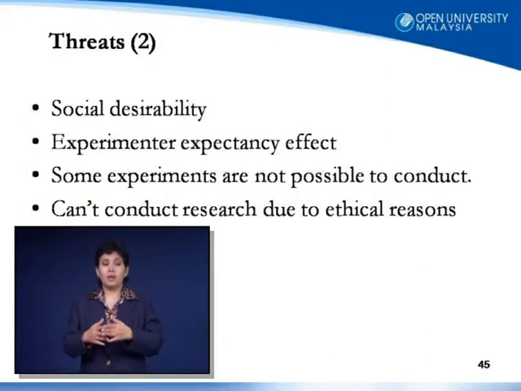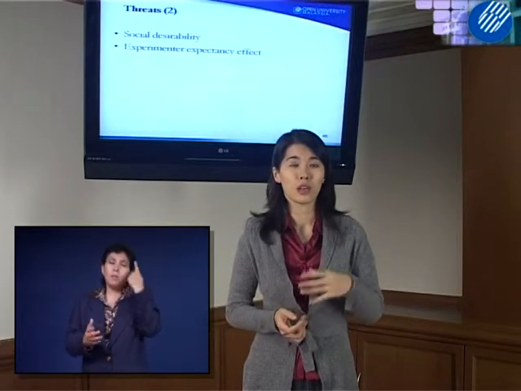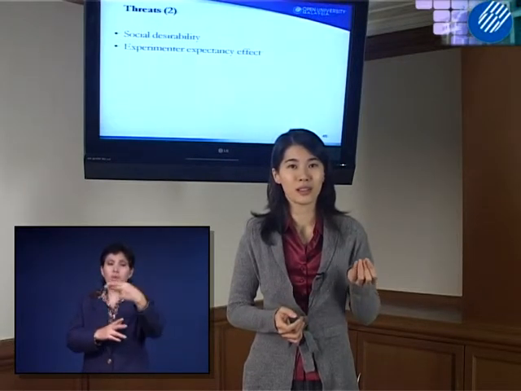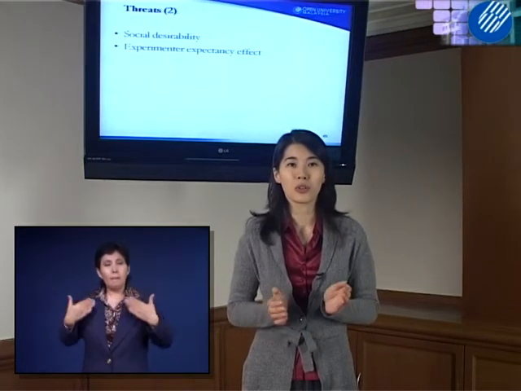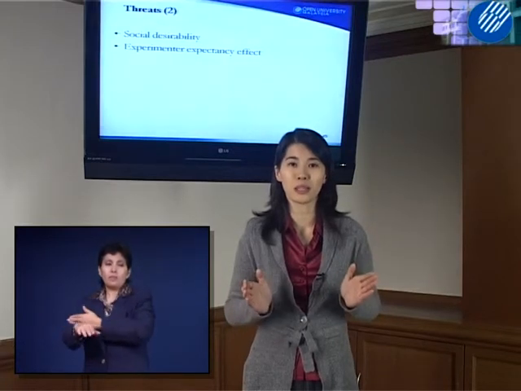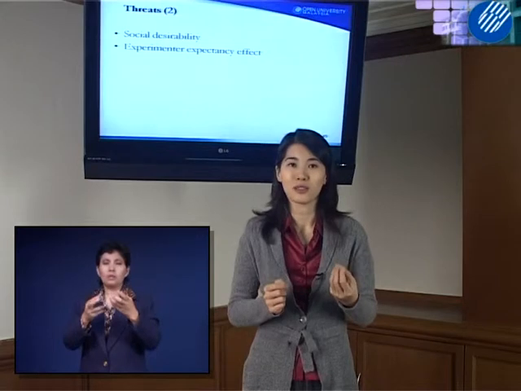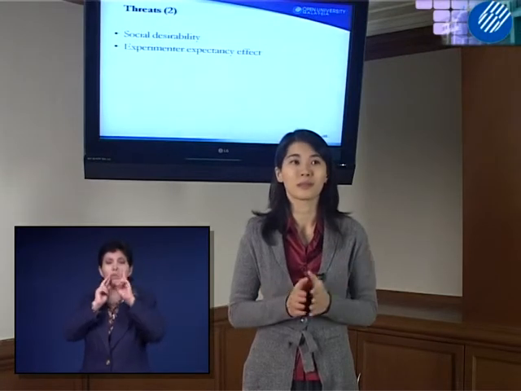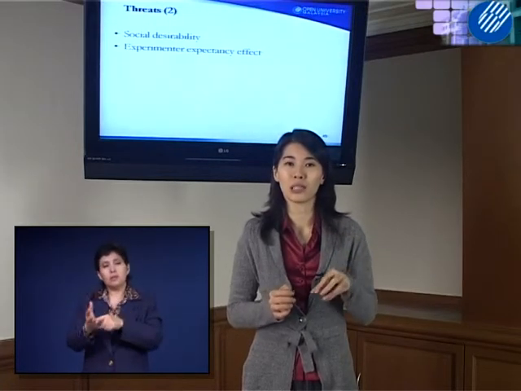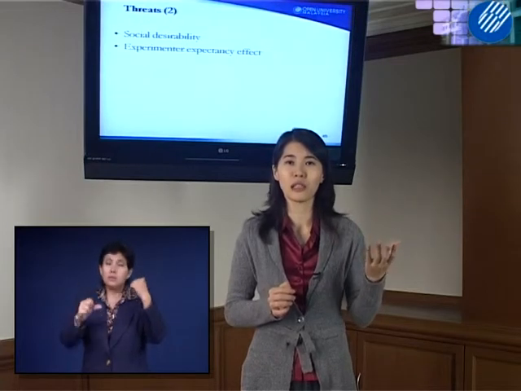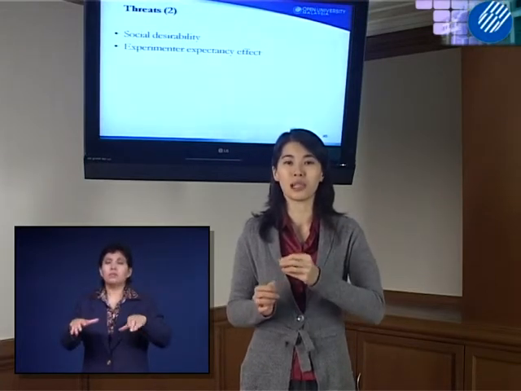Next is the experimenter expectancy effect, which is you. As a psychologist or a researcher, we tend to expect something to happen. If your hypothesis is that happy people produce a happy mood, of course, throughout your experiment, you would always hope that this result will be supported. But more often than not, this kind of attitude would have an effect on your experiment, because unconsciously or consciously, you would be doing something to support your result.